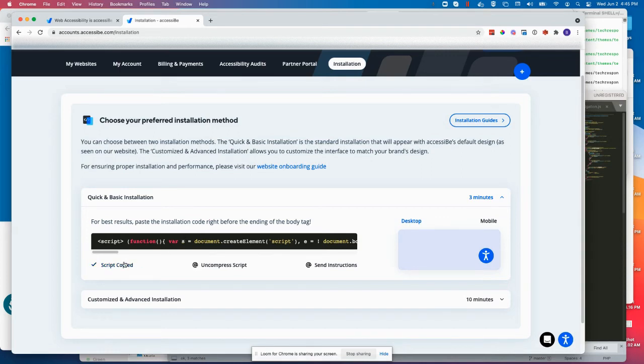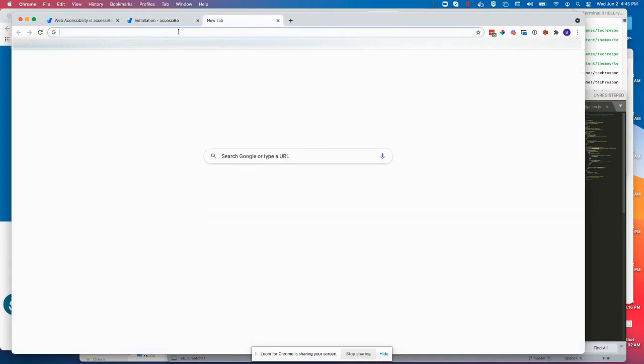So I'm going to hit this copy script. It's going to take this script. We're going to put it in our quote unquote header tags. You don't need to know anything about header, footer tags, website code, nothing. You just tell somebody you want that in your header. And just to show you kind of what we're looking at,